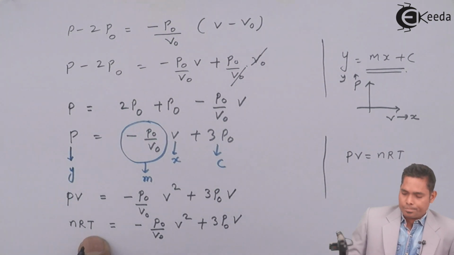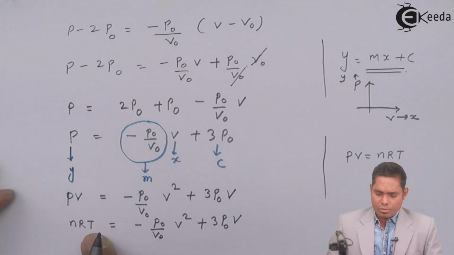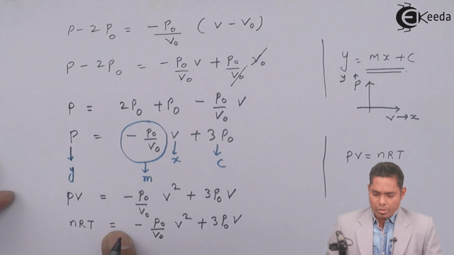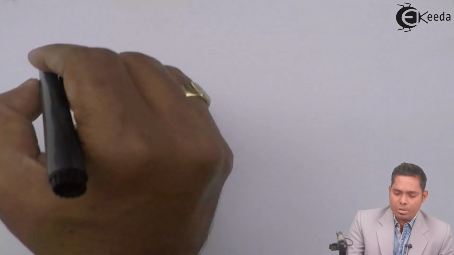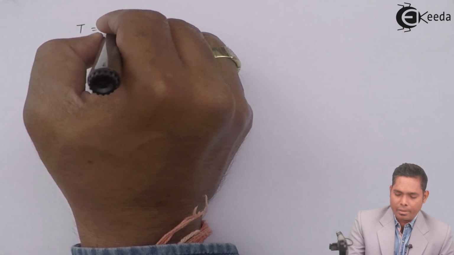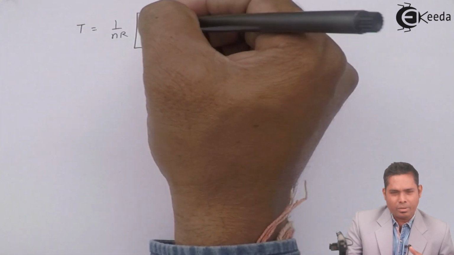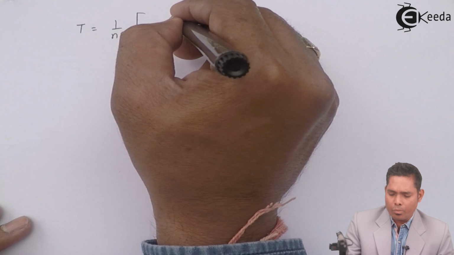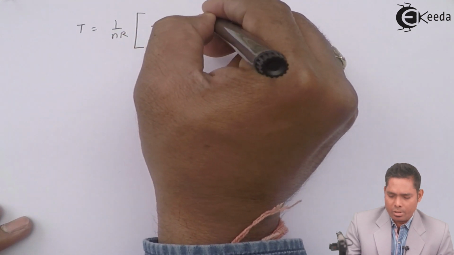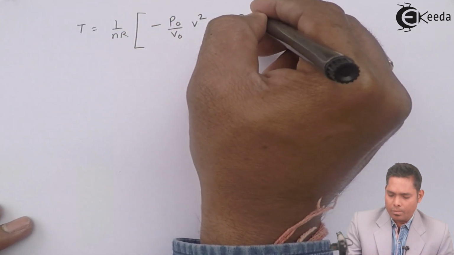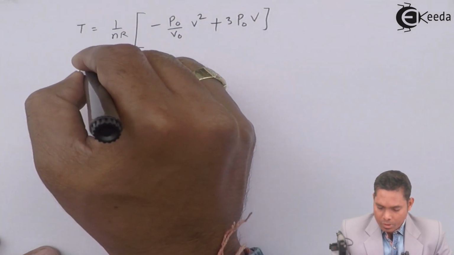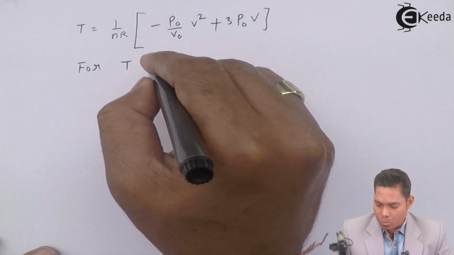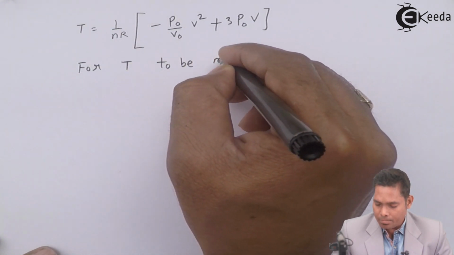I want T to be maximum, so first of all I'll write what is T. T equals nR, the factor is divided on this side, so I'll rewrite that. T becomes 1 upon nR, and the factor that was earlier there remains as it is: 3P naught V. Now for T, this temperature, to be maximum,